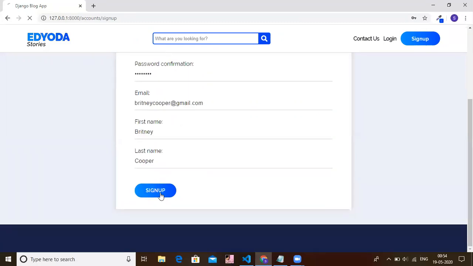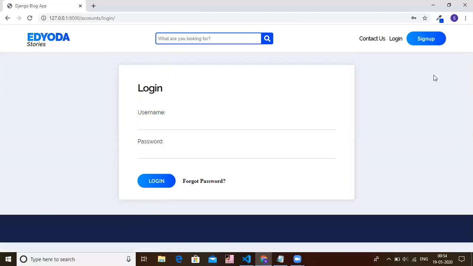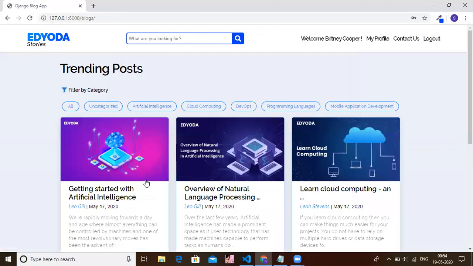Once we click on the sign up button, the user will be successfully created and it will redirect to this login form. I will log in with the same user that we created the account for. The password was abc@1234, and I'll hit the login button, and now we are logged in. We will know that a user is logged in because we can see a message in the top bar that says welcome and the full name of the user. We also have this option over here to visit the profile page for this user. I'll come back to this in a minute.